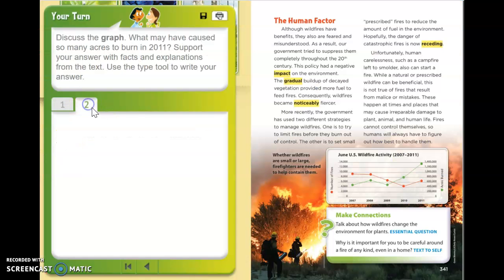And then it says go to tab 2. Discuss the graph. What may have caused so many acres to burn in 2011? Support your answer with facts and explanations from the text. Use the type tool to write your answer. So the question is, what may have caused so many acres to burn in 2011? Well, if you look over here in the paragraph,